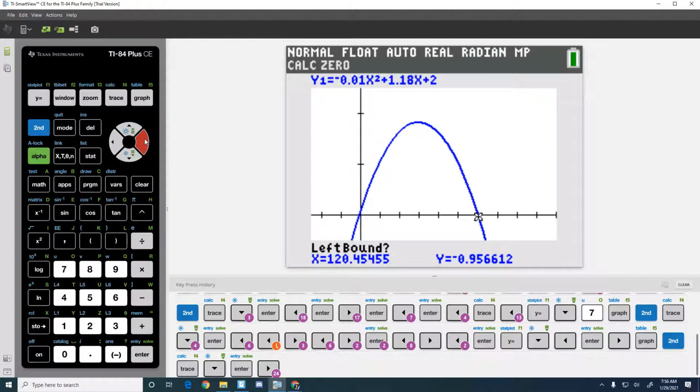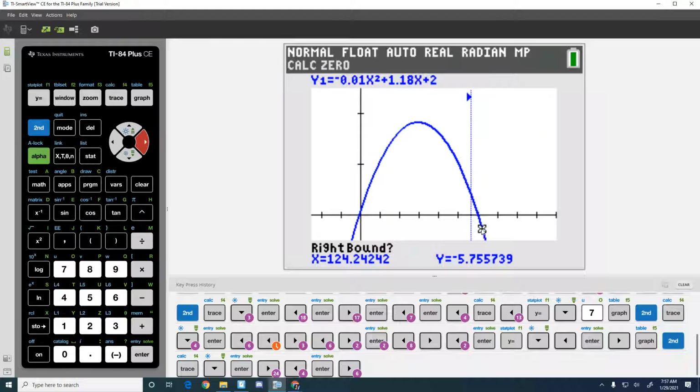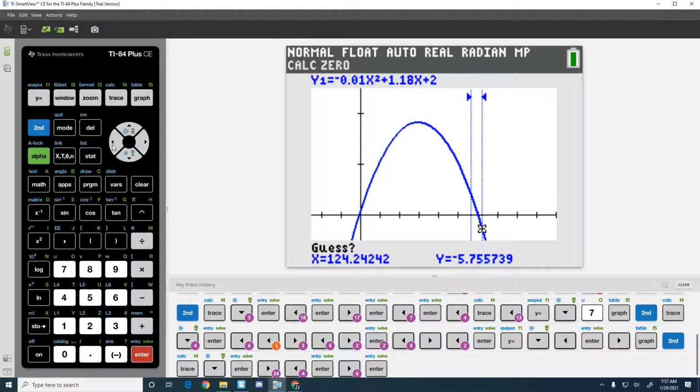Okay, so I'm right near that right intercept, and it asks me for the left bound. See the word left there? That tells you which arrow key you need to press, the left arrow key. So don't worry about the cursor being up or down, because for this intercept, left is higher, the opposite of the other one. So don't think up and down. Always think left and right for your intercepts. So left bound, hit enter. Right bound, press the right arrow key until your cursor crosses to the other side of that x-axis. Press enter. Guess, get it somewhere close. And we've got